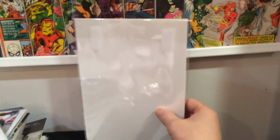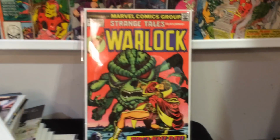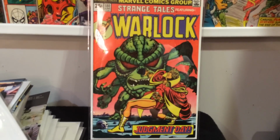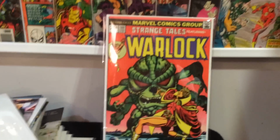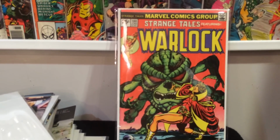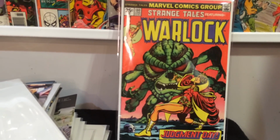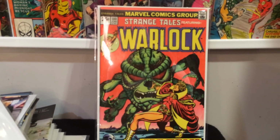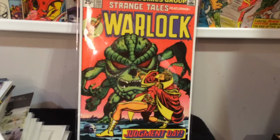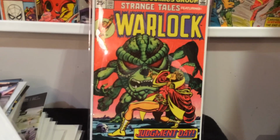And then this last book is Strange Tales number 180. There's a story with this book as well, and we're already 30 minutes in, so I'll try to tell it as quick as possible. The guy had an ad for Strange Tales 181, so I went in there to bid on it, and it pictured this book and issue 179, but the description had